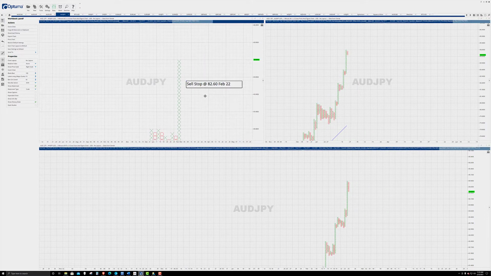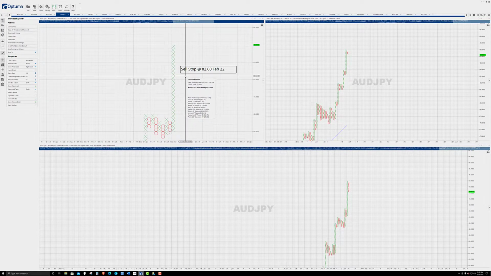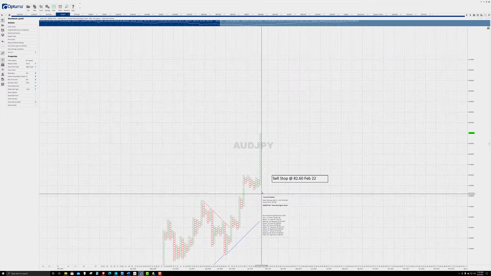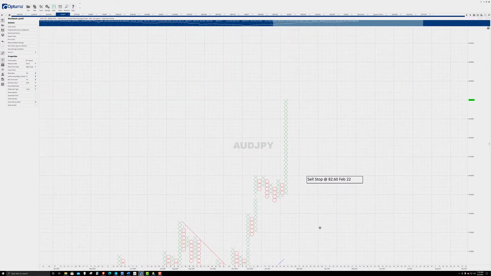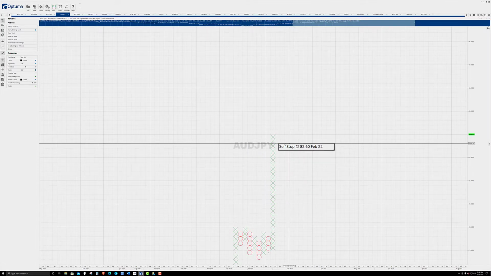And on the 20 pip Aussie yen chart, this is a 500 pip column on the 20 pip 3-box reversal. That is insane. If you want to know what a blow off top looks like, there you go.